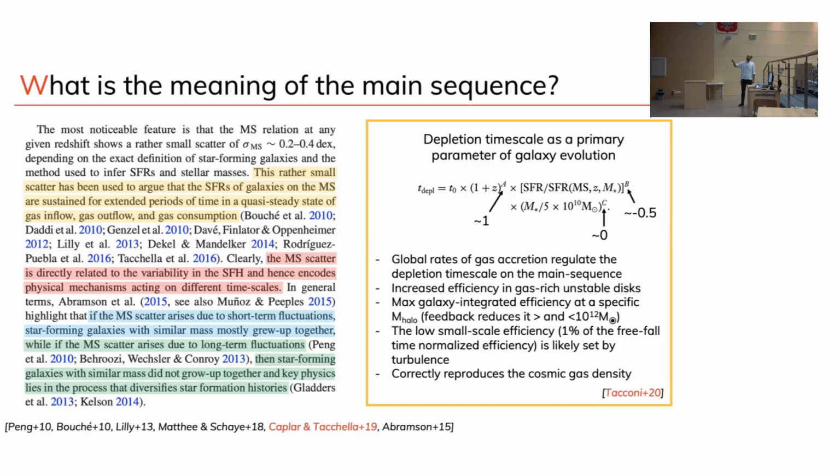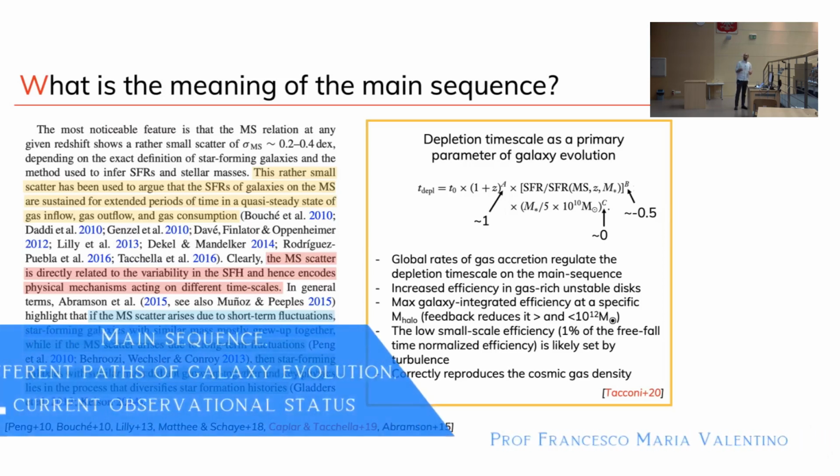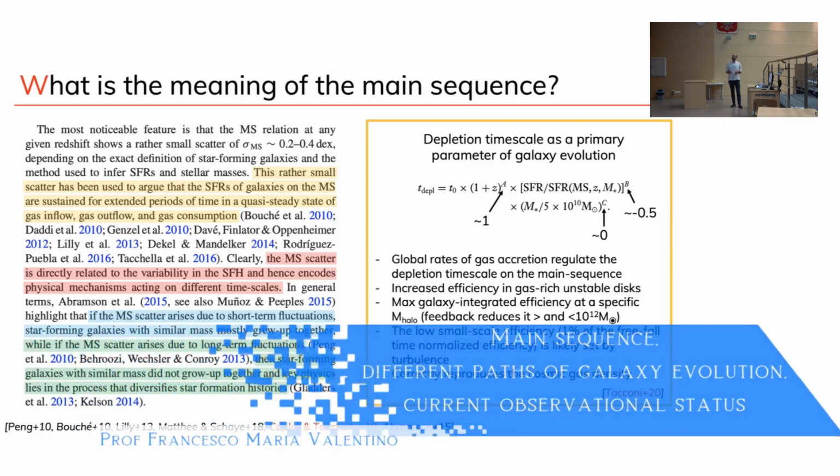There's again some peak of efficiency. So where do you form the stars at the highest possible efficiency, in what kind of halos? Maybe not surprisingly, you see that this is the same halo threshold that I was showing you before, this 10 to the 12 dark matter virial mass. Then it decreases at lower masses, and it decreases at higher masses. If you're familiar with stellar mass functions and halo mass functions, you must have seen this halo mass over stellar mass, or the halo mass to star formation rate ratios, as a function of halo mass, for example.